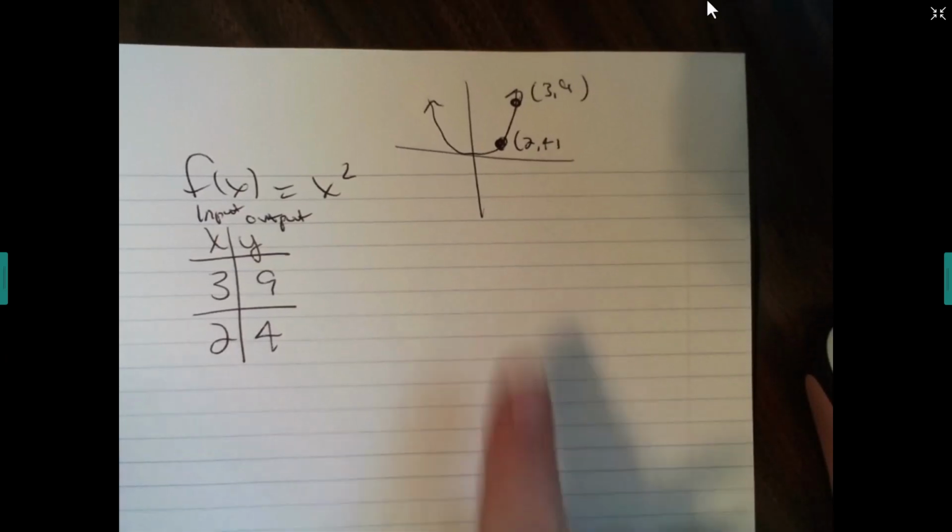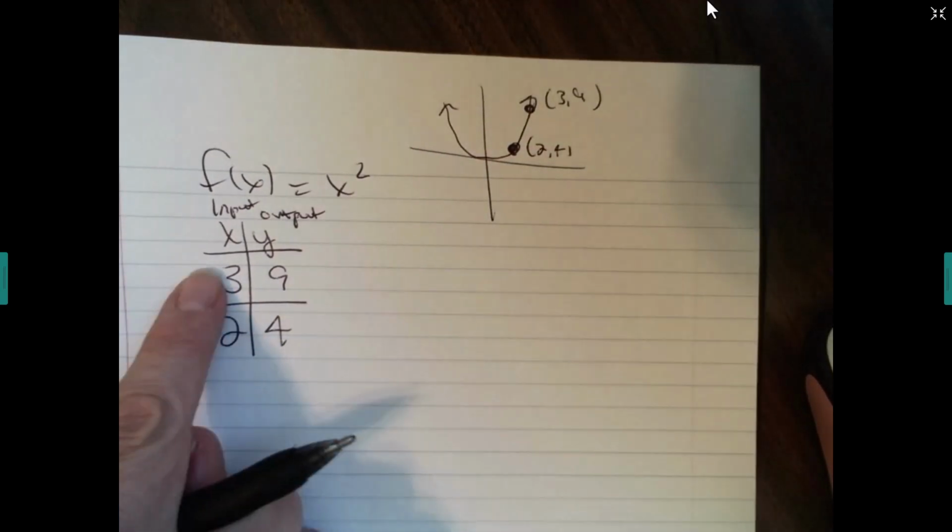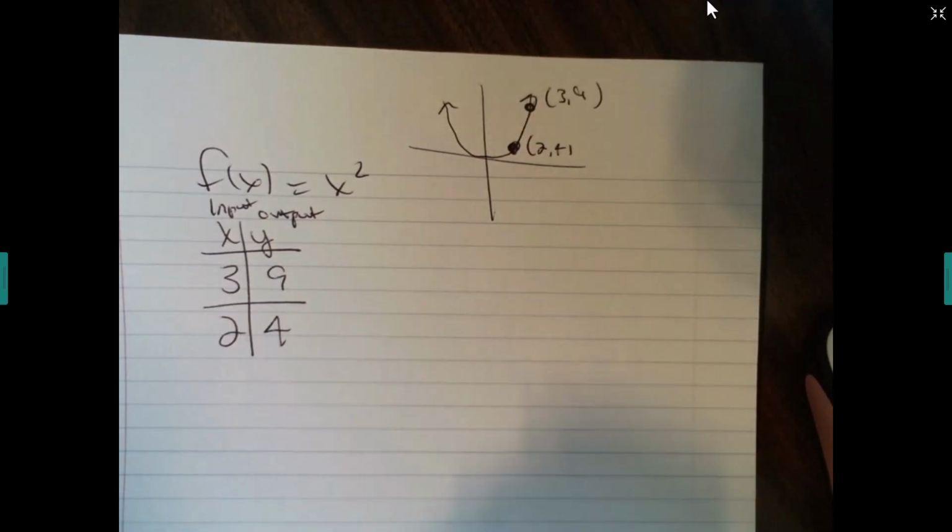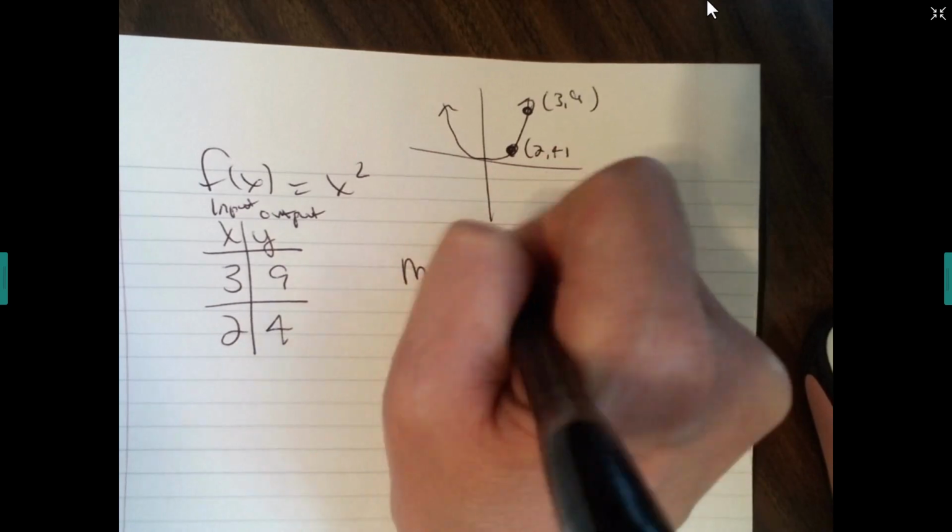All right, so in our Desmos, we had our pretty graph. This is my sketch. Input, output, input, output. Now, a lot of you learned the formula y2 minus y1